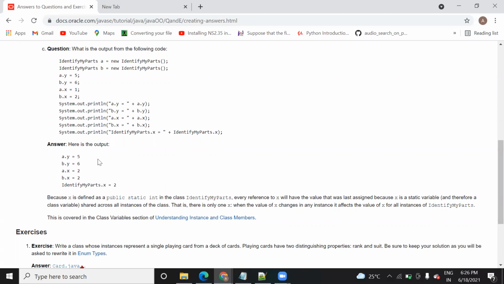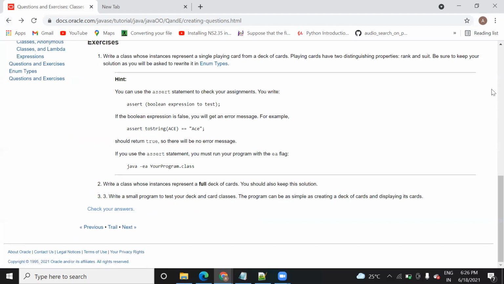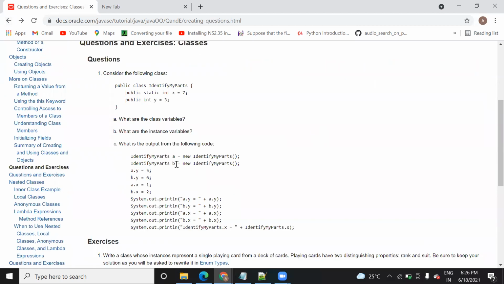I was going to ask you that. Okay, identify here. One minute, let me see the question. Okay, a and b, x and 1. Here a dot y, b dot y, a dot x is equal to 1 and b dot x is equal to 2.